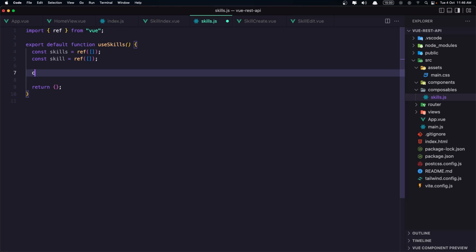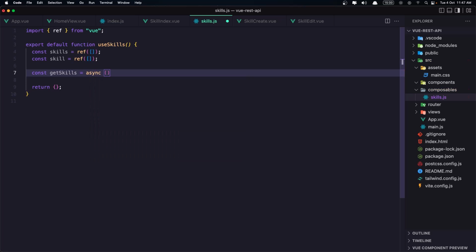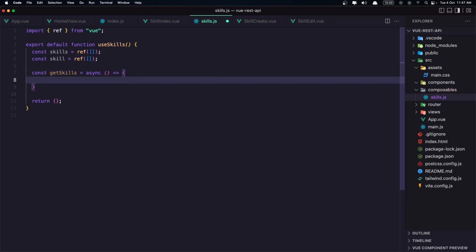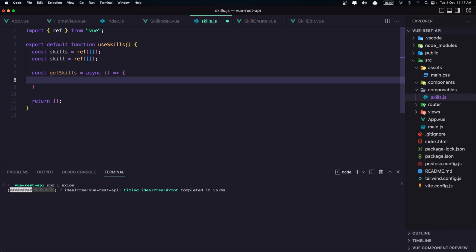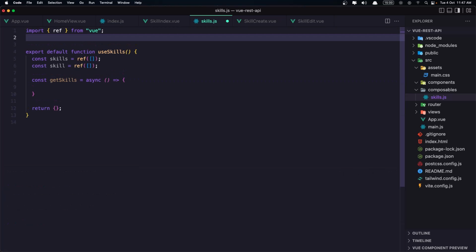So I'm going to create a constant and say get skills is going to be equal with async function. And we are going to use Axios here. So let's say open the terminal inside and I'm going to say npm install Axios like this, close. And now we need to import the Axios also here. Import Axios from Axios